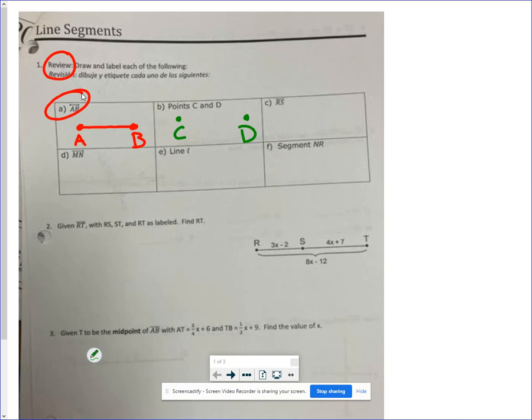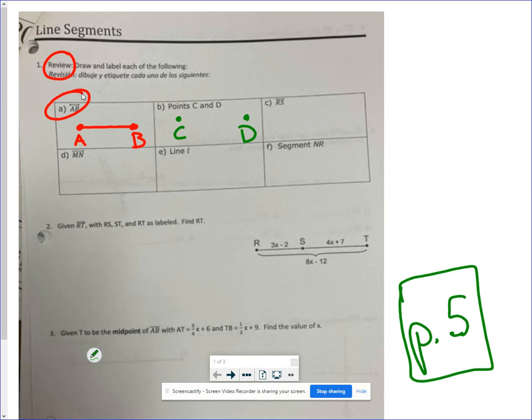Now that says RS. Excuse me for a minute while I grab the packet. We're on page 5, by the way. And that says